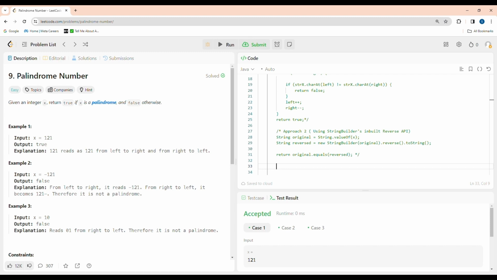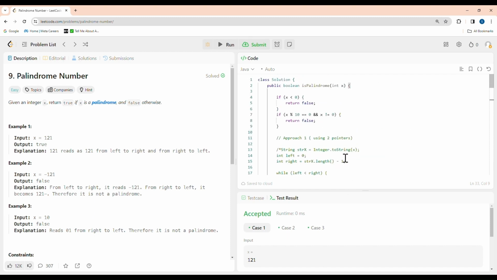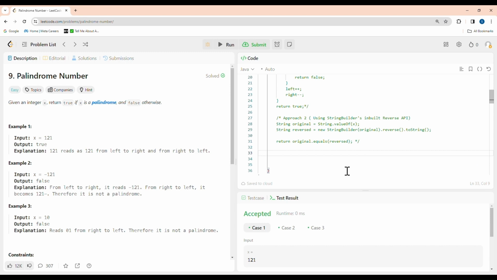Instead, we reverse the second half and compare with the first half. Okay, so the base condition remains the same. Let's jump over how we can reverse the second half of the integer and compare it with the first half. So I can do this by repeatedly dividing the number by 10 and adding the remainder to some variable called, say, reverse. Let me initialize variable reverse